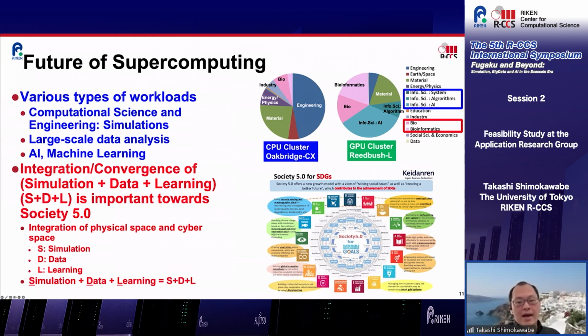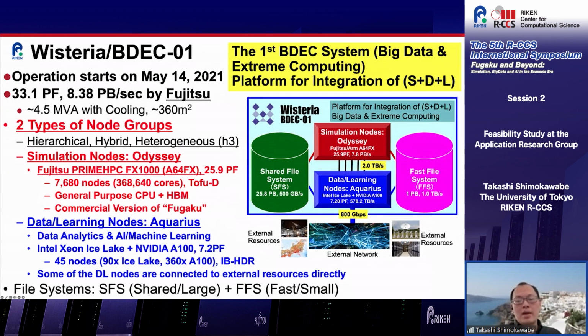The pie chart on the upper right shows the utilization field of the systems operated by the Information Technology Center at the University of Tokyo, where I belong. It is clear that the CPU cluster and the GPU cluster are very different in the utilization field. Therefore, we now operate the Wisteria/BDEC-01 system, which is the platform for the integration of simulation, data, and learning. It is a heterogeneous system with two types of nodes. The simulation node for HPC,